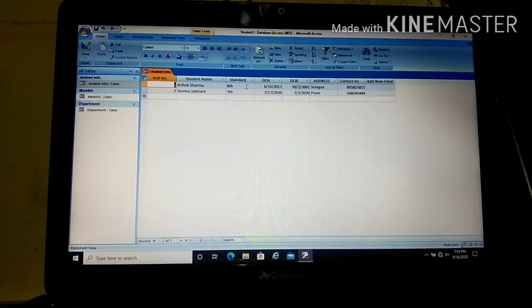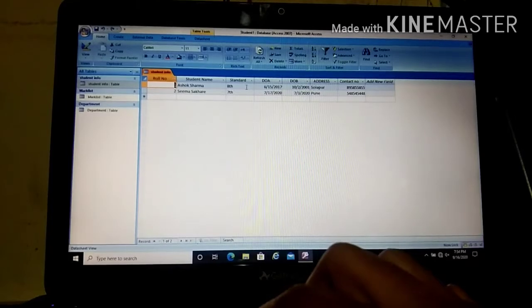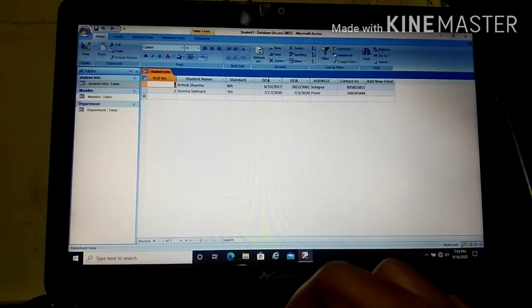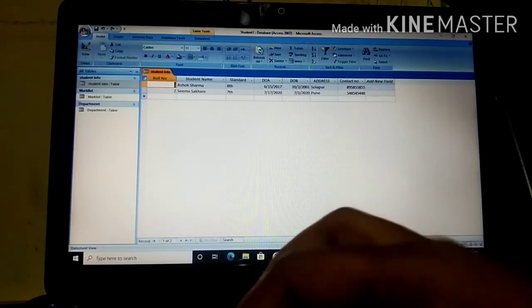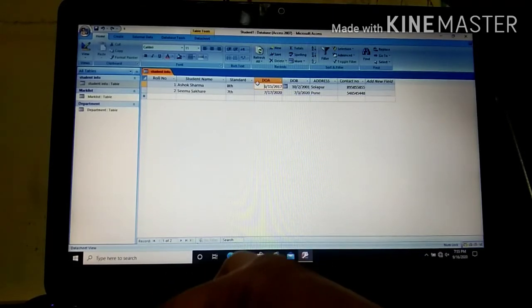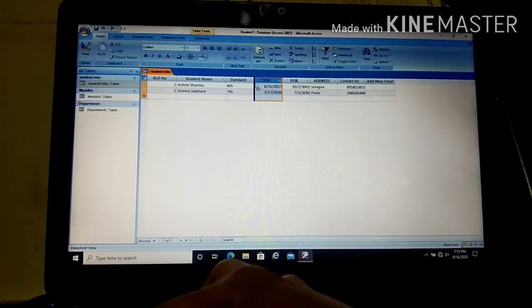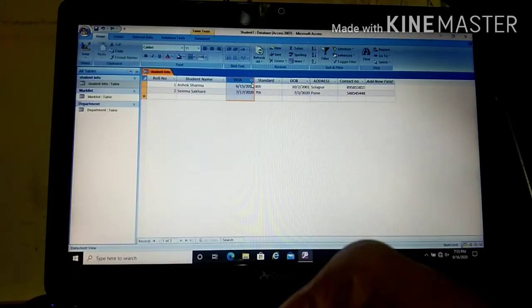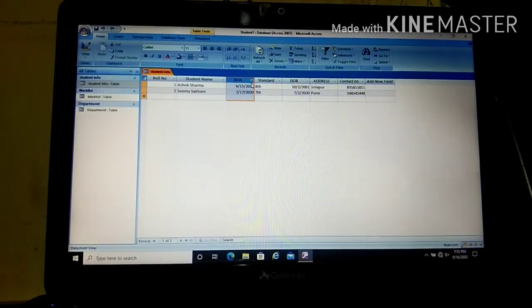Now the next point is moving a field, means you can move your field from one place to another. Suppose you want to place this field before your standard. So what you can do, you just have to select and when this symbol appears, it shows that you can move that field from one place to another.